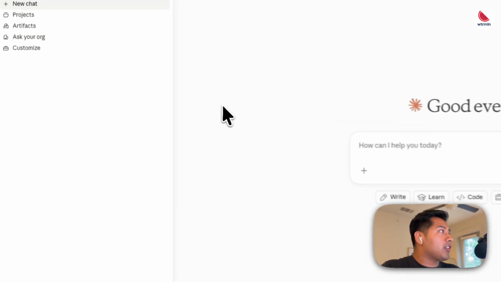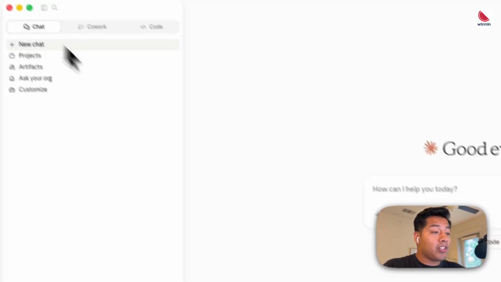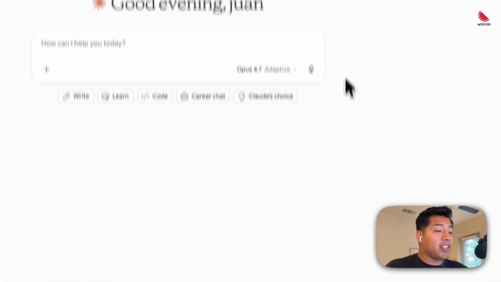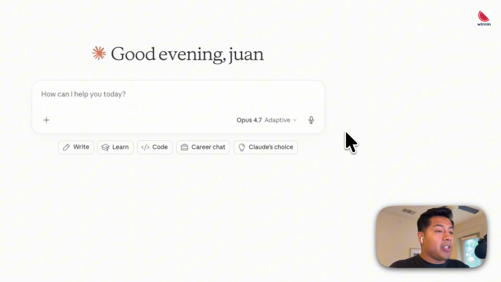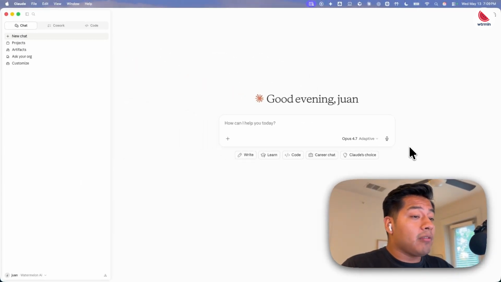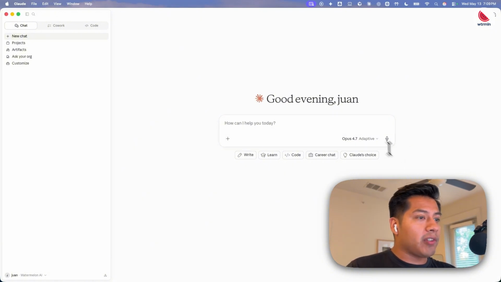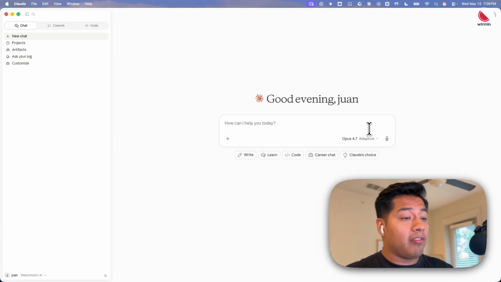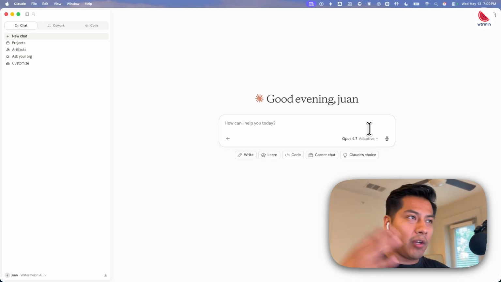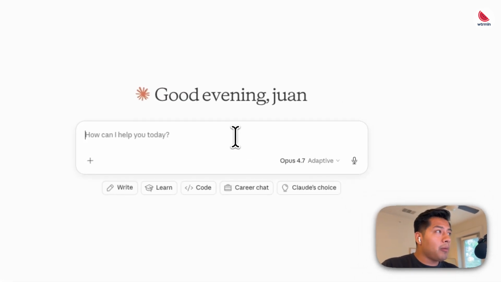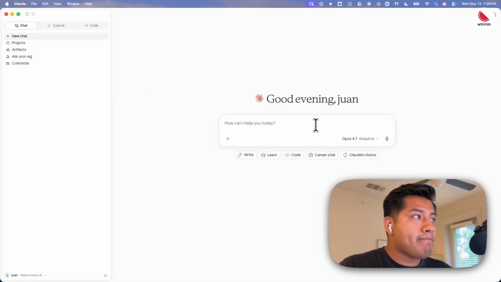So for chat, I'll just kind of break down what they do. Chat. This is what most people mean when they say, "Oh yeah, I use AI." It's just a conversational interface. It's great for quick questions, great for research, great for drafting simple things, very simple artifacts, which we'll get into. Artifacts are basically like a tooling, a visual, like a web page, essentially. You'll probably use this maybe 50% of the time